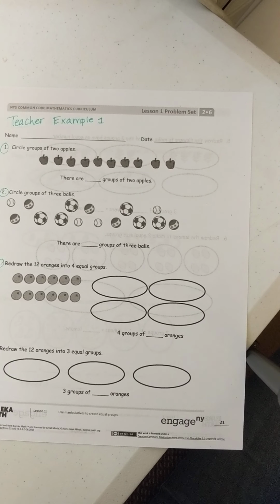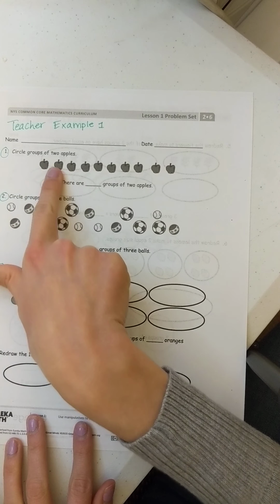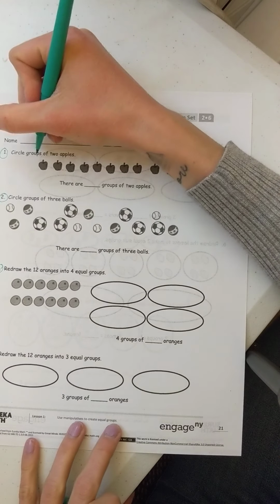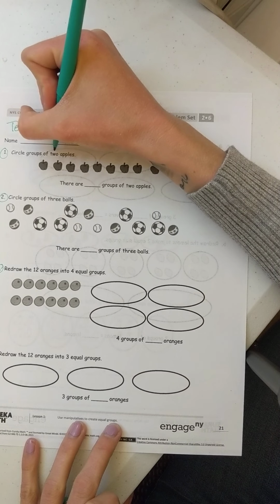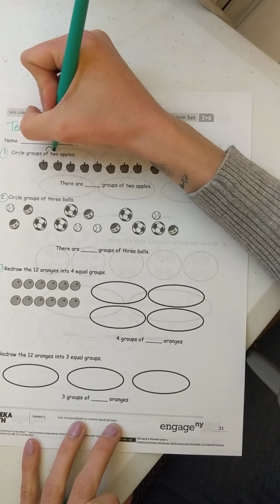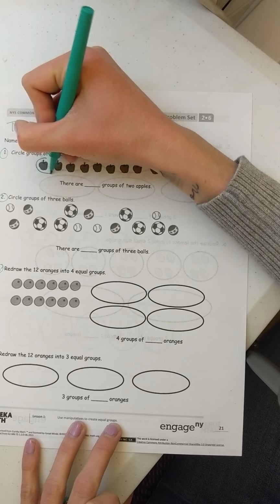We will be starting with this example up here. This says to circle groups of 2 apples. Since it says groups of 2, that means inside of the group, as soon as you see the word of, you're thinking inside of the group, how many apples are there? So this is going to be 1 group of 2,